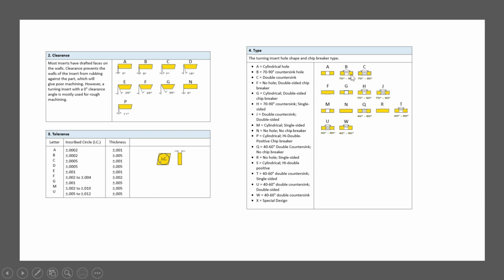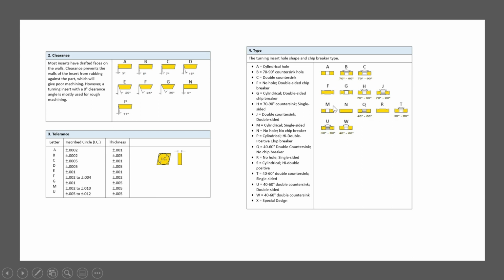Here it is a single countersink, here a double countersink. For F, there is no hole. The hole is required to hold the insert in the slot provided in the holder, which we call the seat. Then G is a single shape, then countersunk, double countersunk. Here a single sided chip breaker is there, and here you can find a double sided chip breaker.